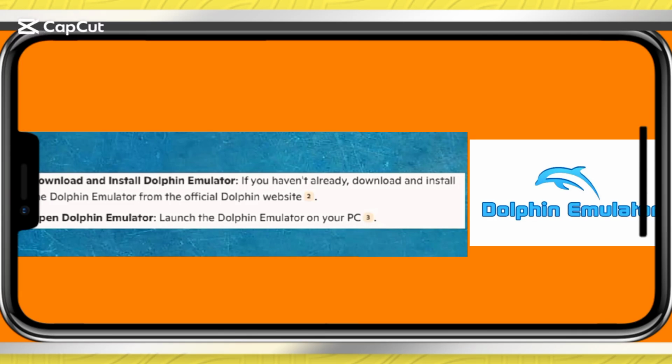Hey everyone, in this video I will guide you how you can play Dolphin emulator with keyboard and mouse. So if you have not already, download and install Dolphin emulator from the official Dolphin website, launch the Dolphin emulator